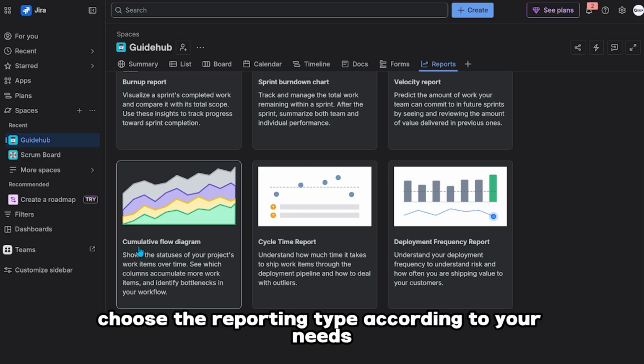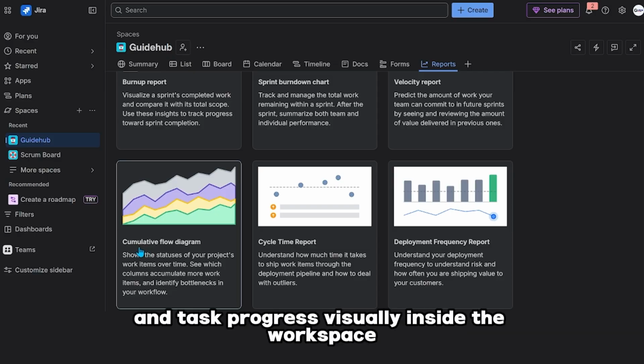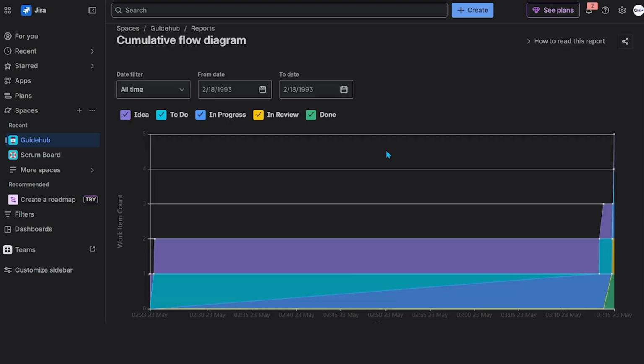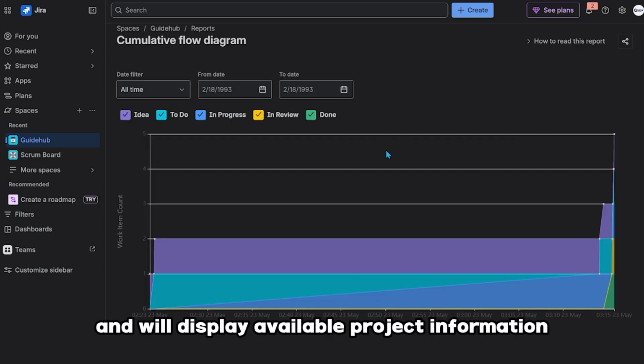Choose the reporting type according to your needs, for example cumulative flow diagram, so Jira can display project workflow information and task progress visually inside the workspace. Now the report has been successfully created according to your needs and will display available project information based on the